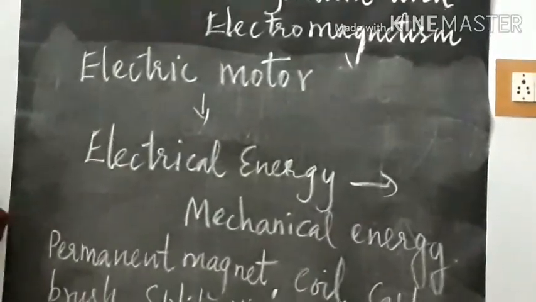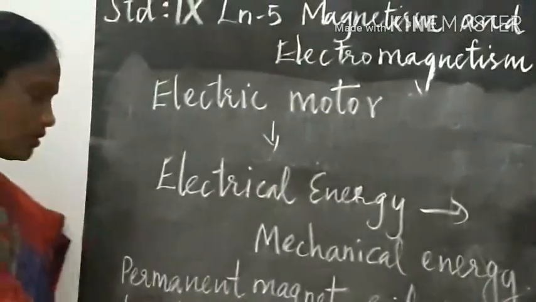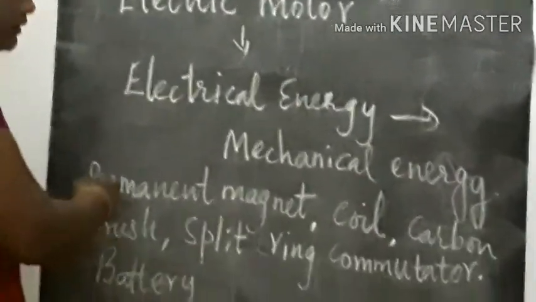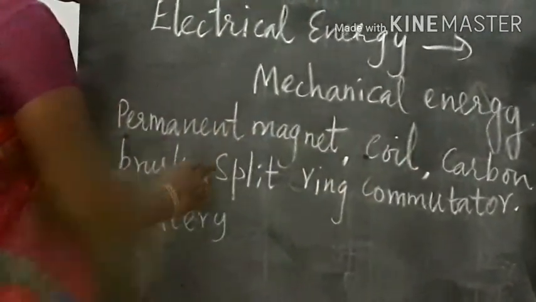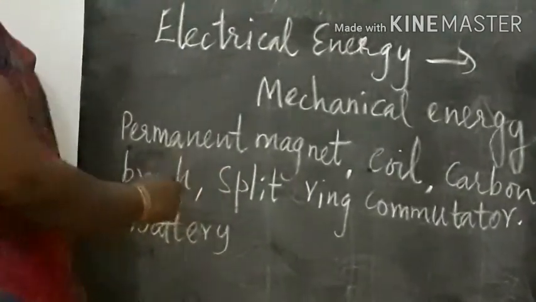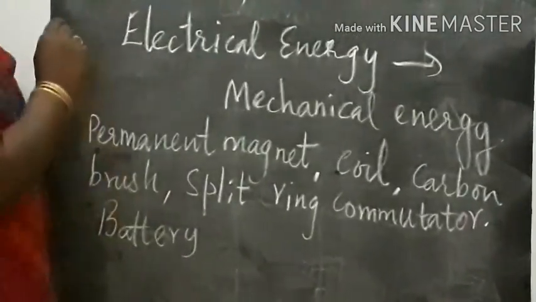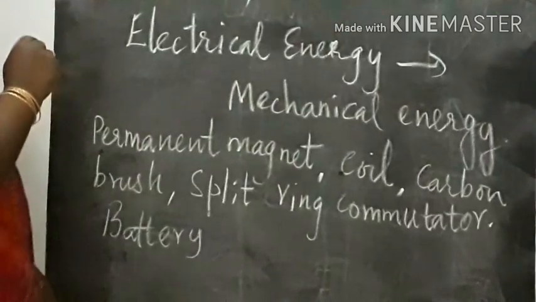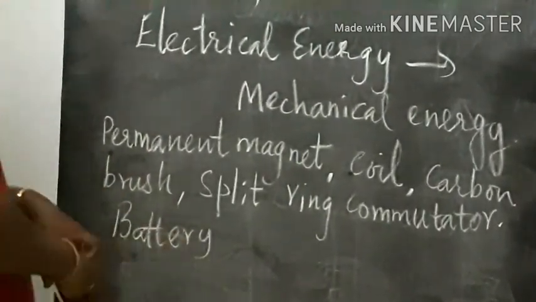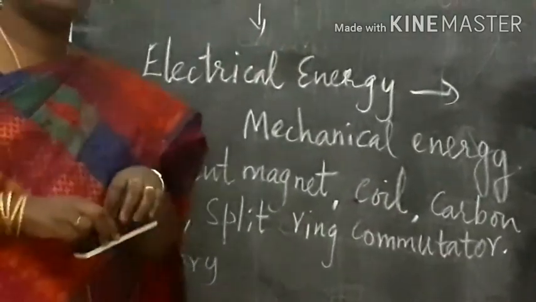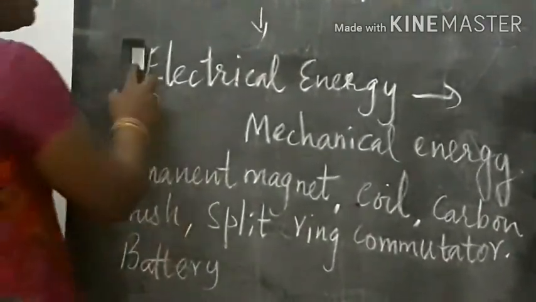The important parts of an electric motor are a permanent magnet, a coil, carbon brushes, a split ring commutator, and also a battery. The purpose of the split ring commutator is to change the direction of the current. The speed of the rotation of the coil can be increased by